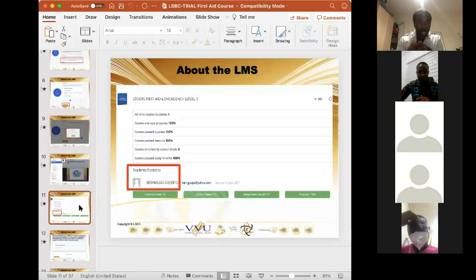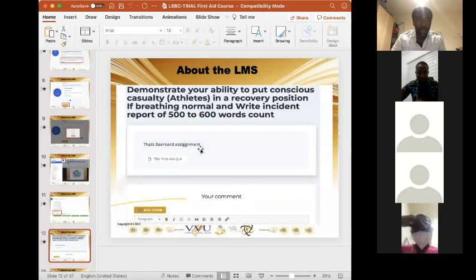The next slide is slide 11, which talks about the control panel. It talks about the student statistics. This is where you get feedback from your lecturer or facilitator on your performance, on your assessment, on the quiz you took, and your overall performance on the course as well. So that is a brief one. We move on to the next slide.